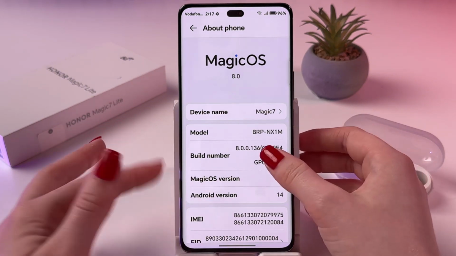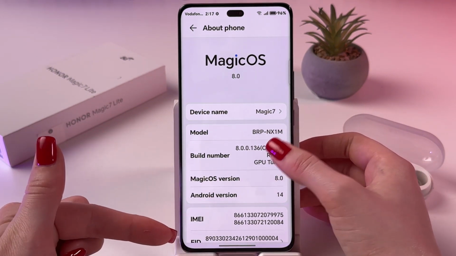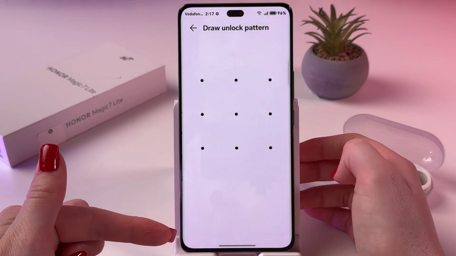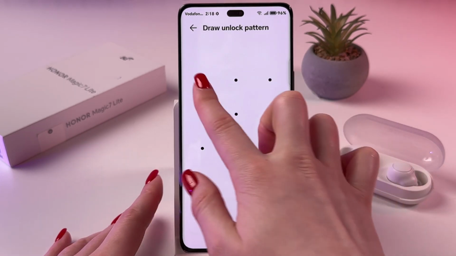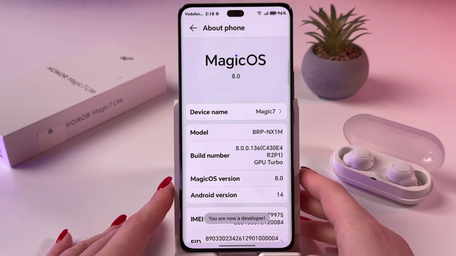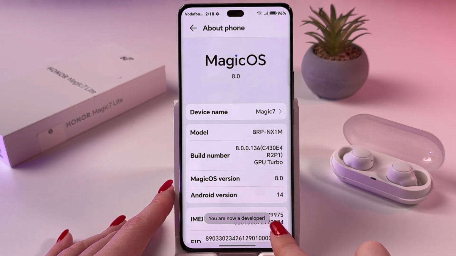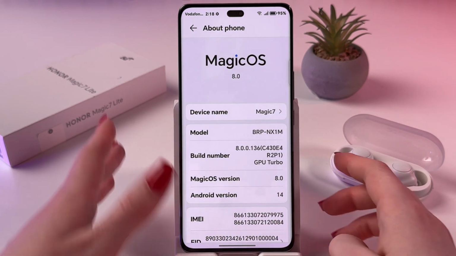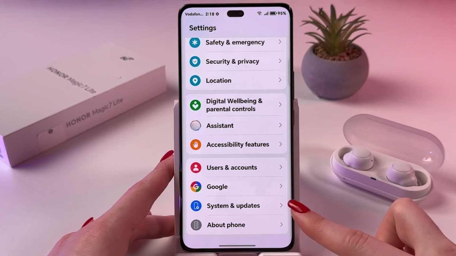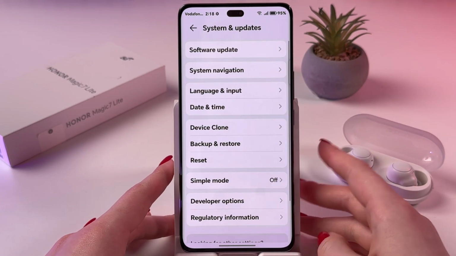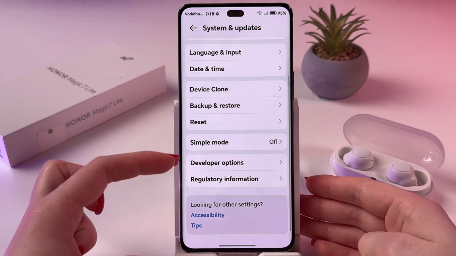Let's try this out. 1, 2, 3, 4, 5, 6, 7. So after that, draw unlock pattern or enter PIN code or password, and you'll receive this notification that now you are a developer. To check this, find the step System and Updates, and now you should see this additional tab,